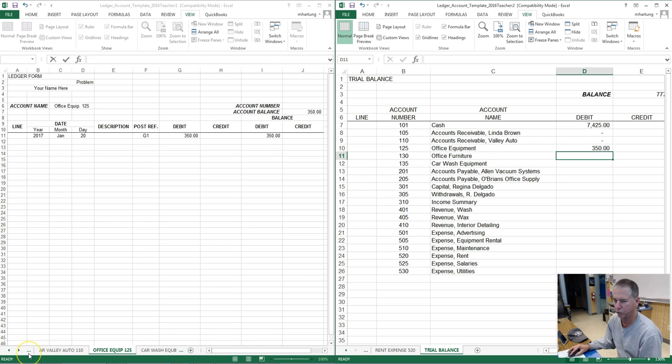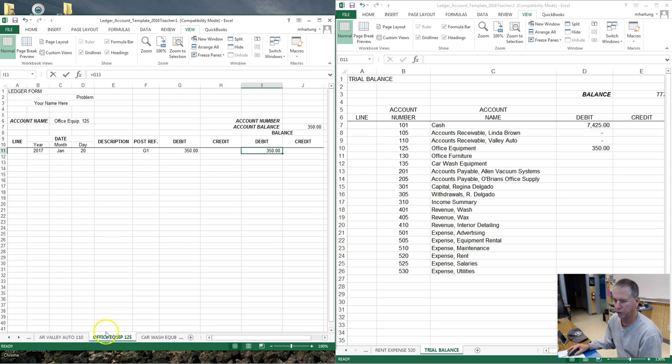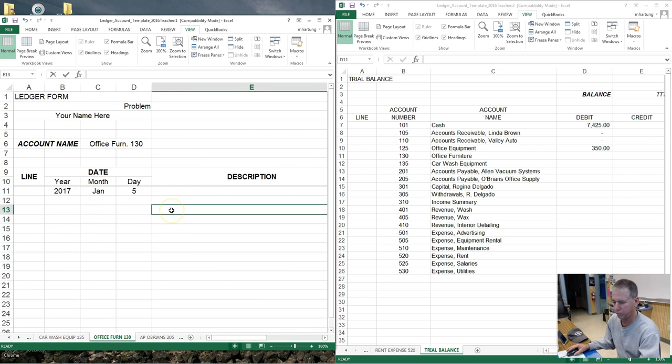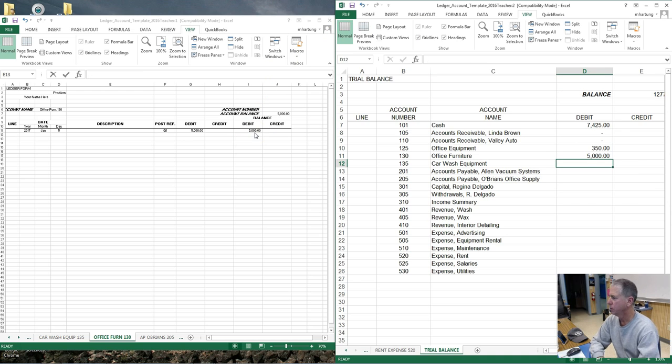Office furniture. Move that up just a little bit so I can get to that button. There's office furniture. Click right there. So continue in a similar fashion and put in all of the balances, paying attention to whether or not they're debits and credits,